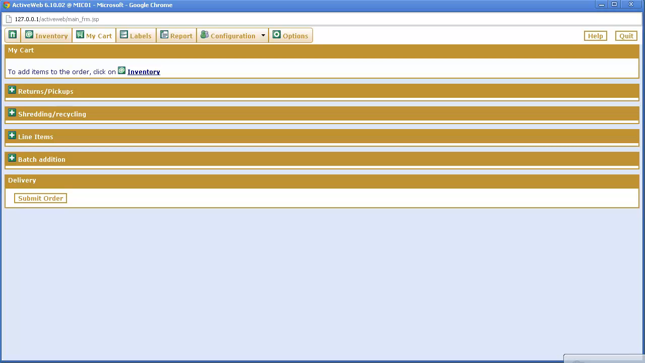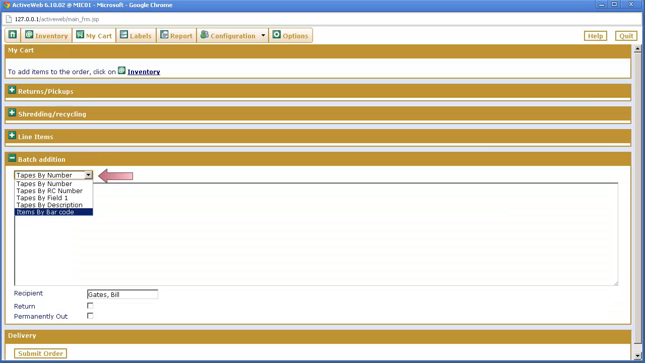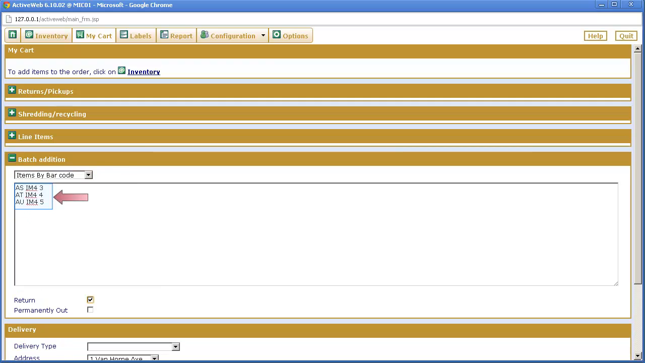If we copy the list of tape numbers from the spreadsheet by selecting the cells and pressing Ctrl-C, we can add them to the order on the My Cart tab. Using the batch addition, select the type of data that we will be pasting, in our case items by barcode, enter the items one per line, in our case by pressing Ctrl+V to paste, and select the return checkbox